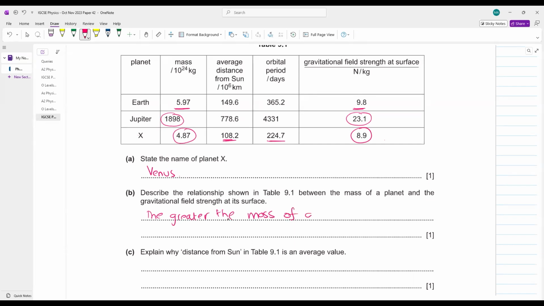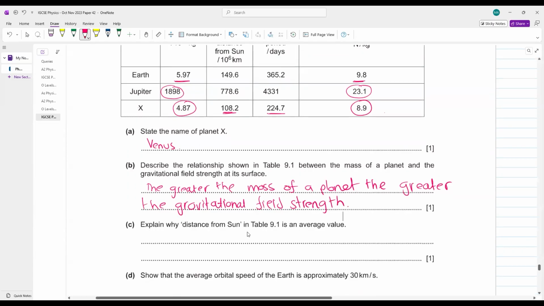the greater the gravitational field strength. ठीक है, जितना ज़्यादा मास होगा उतनी ज़्यादा आपकी ग्रेविटेशनल फील्ड स्ट्रेंथ होगी, सिंपल नथिंग कॉम्प्लिकेटेड हियर। एक्सप्लेन